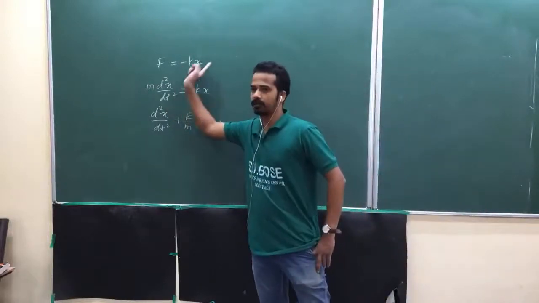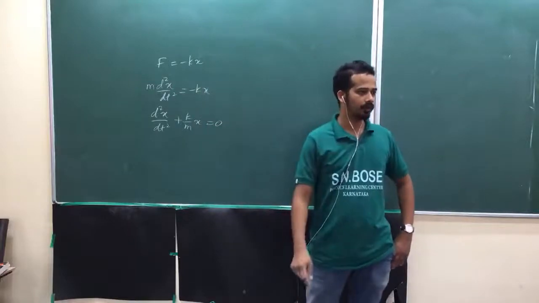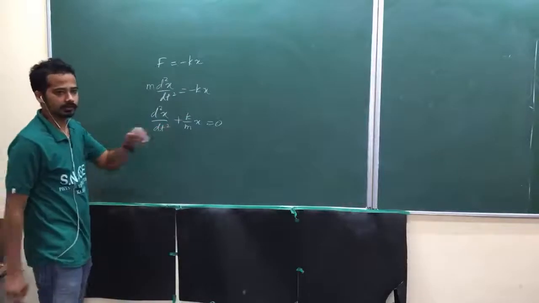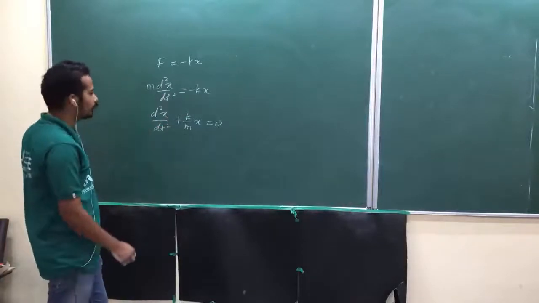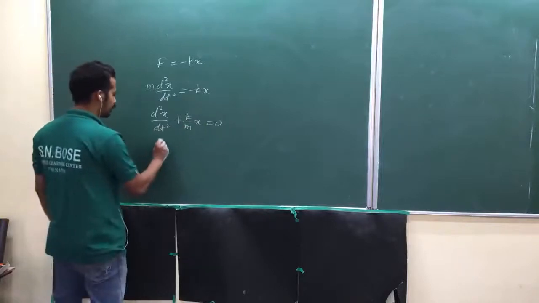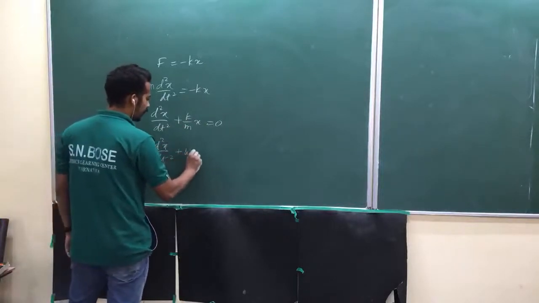You can do the experiment using some mass and spring. You can show that those are proportional. Force is proportional to displacement. Okay. Now look here. This is the differential equation. Now while solving, we may get into trouble. That's why what we write here is d²x/dt² plus omega squared into x equal to 0,